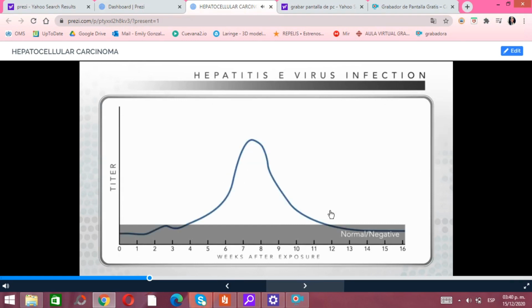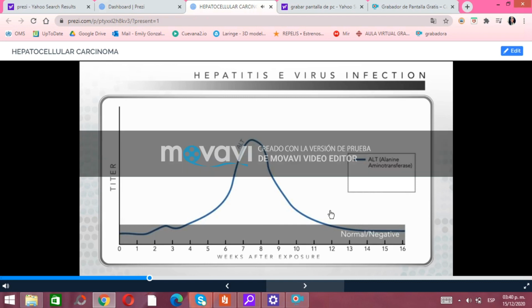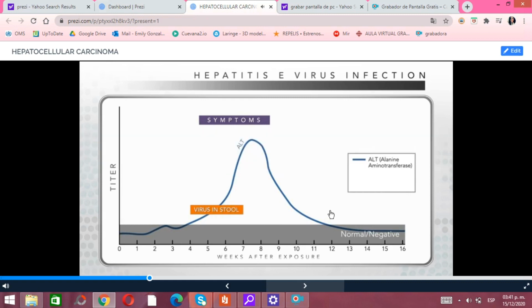Liver enzyme elevation, as shown in blue and labeled ALT for alanine aminotransferase, usually occurs 4 to 5 weeks after exposure to HEV and persists for 3 to 13 weeks. Symptoms noted by the purple bar occur when liver enzymes are elevated. Virus excretion in stool, illustrated by the orange bar, is variable, but usually lasts from about 1 week before symptoms appear until